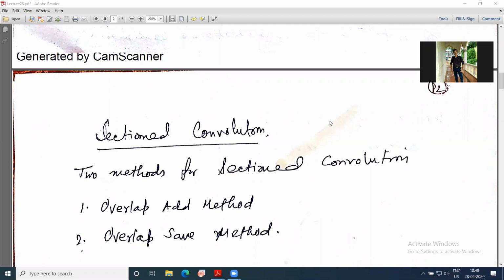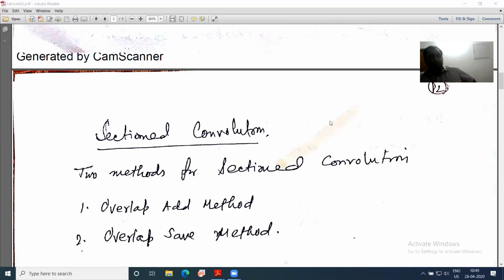So section convolution is one topic that is mentioned under DFT that I want to discuss. What is section convolution and why is it required? Suppose one data stream is very large and another data is small. In such a case, suppose data is available in real time, so data is coming one after another, and you have to find the convolution with the impulse response of the system